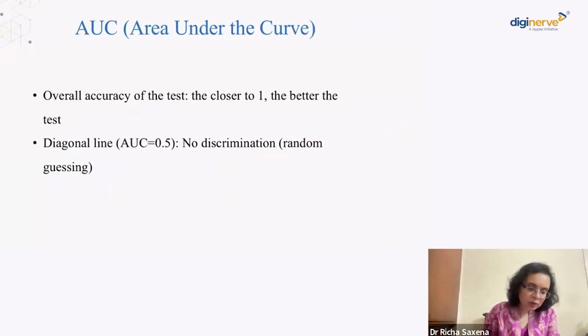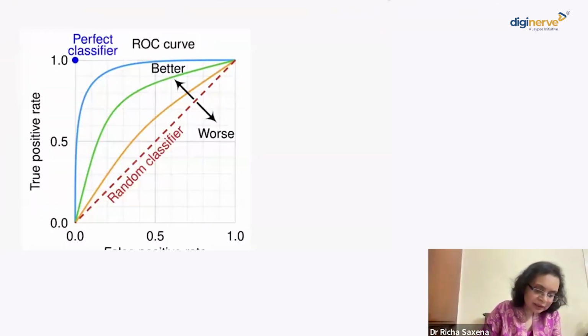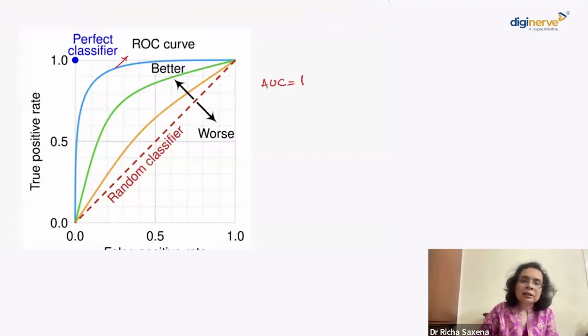Also, you have to take into consideration the area under the curve. Area under the curve basically means if you consider this graph, then you can see the entire thing. If you consider it as the area under the curve, that is equal to 1, the entire area. So this blue curve will represent the highest area under the curve, and this green graph will represent a little less than 1. And the dotted red line which you are seeing will represent about 0.5,